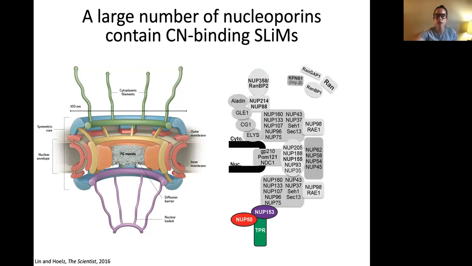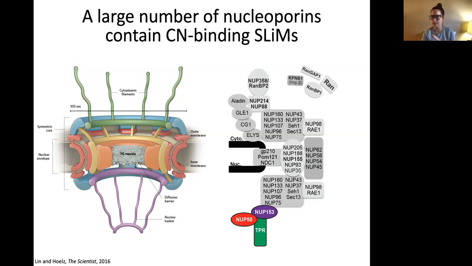So shown here in bold, as well as in color down below, are proteins that we identified from our computational and experimental analyses as having calcineurin binding SLiMs. And what was interesting when we first saw this was that the majority of these nucleoporins and transport factors that we identified are proteins that are directly involved in nuclear transport, suggesting a potential role for calcineurin